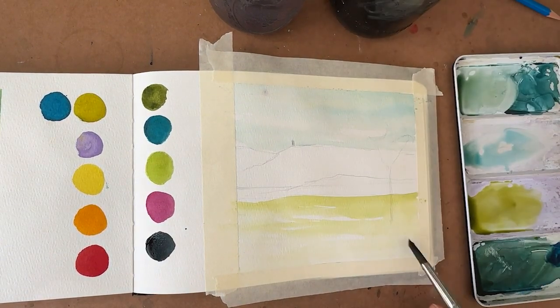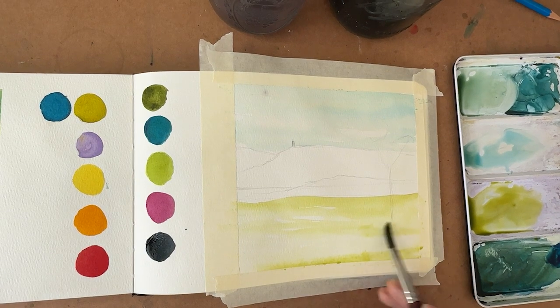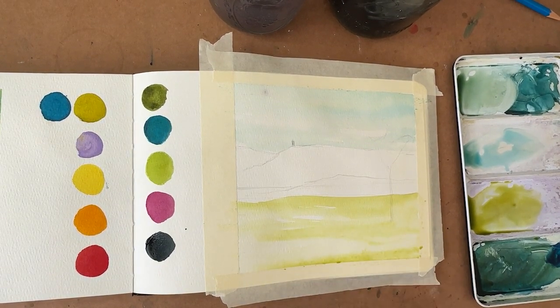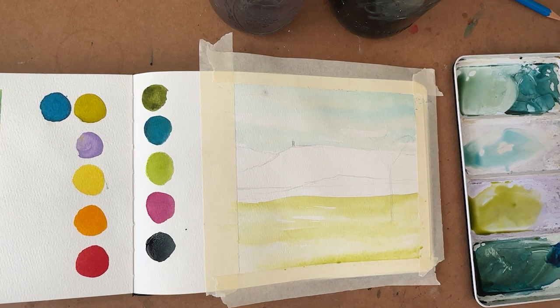So this is probably really hard for people to do, to leave things unpainted or very lightly painted without messing with them too much, which is also something that I struggle with a little bit, to paint subtly, but then find the places where you're going to put your dramatic, darker colors. So subtle, subtle. I'm going to have a little bit darker in the mountain range area. And then my tree, I think, is going to have the most contrast to it and be the focal point. Okay. So we got to let this dry